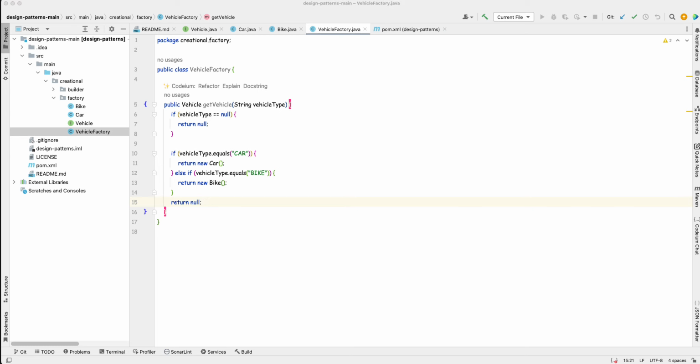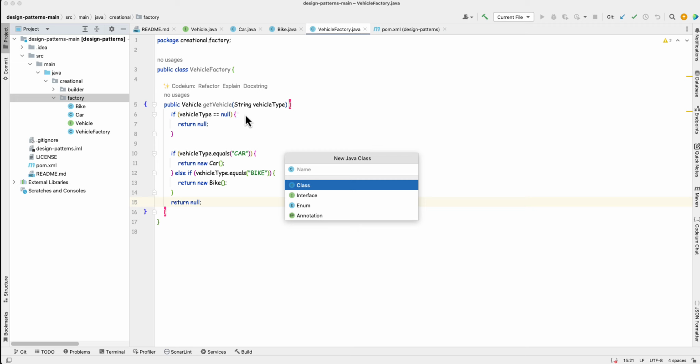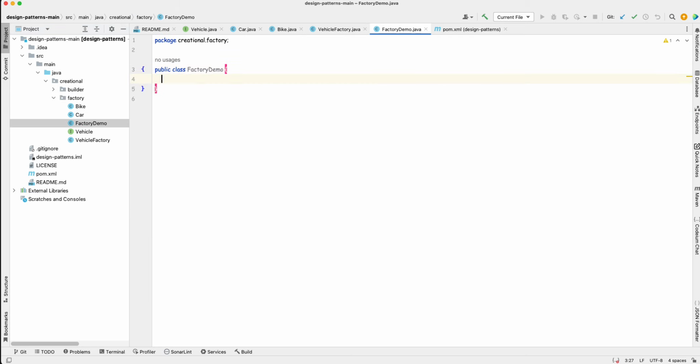Let's try to make the client code. Client code means the code which calls the factory and needs the car or bike object. Let's call it FactoryDemo. Let's create the main method here.